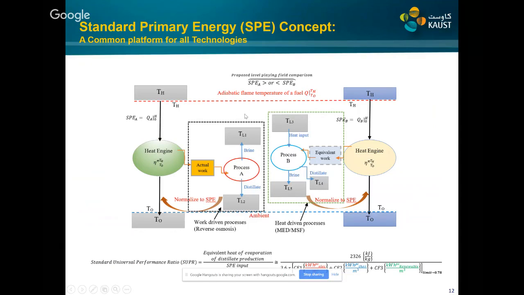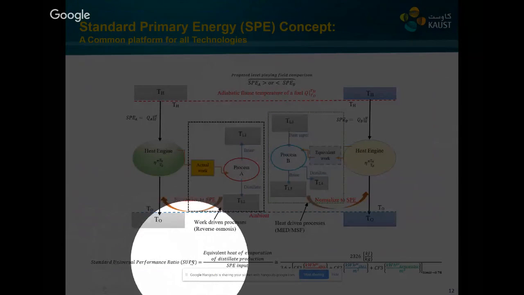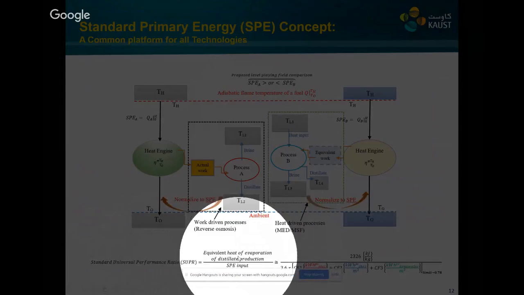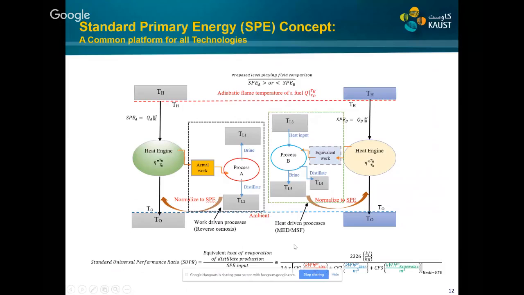On this basis, we developed the standard universal performance ratio. We can see over here that in a conventional system, there's only the equivalent heat of evaporation divided by energy, where they add up all the energies, electricity and thermal. That is actually not the correct approach,